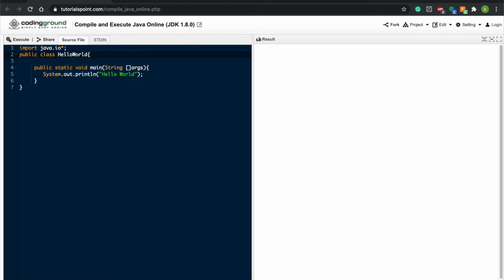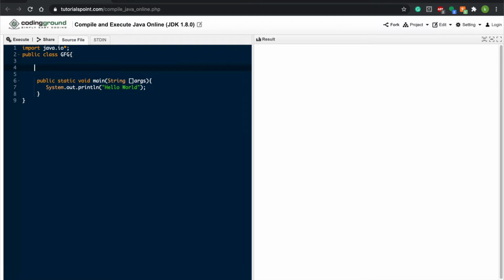So since we're using an online Java compiler, it's typically going to use Hello World as any public class, and I'm just going to change it to GFG, my apologies, just to make it a little bit cleaner. And the next thing we're going to do is write static float slope,